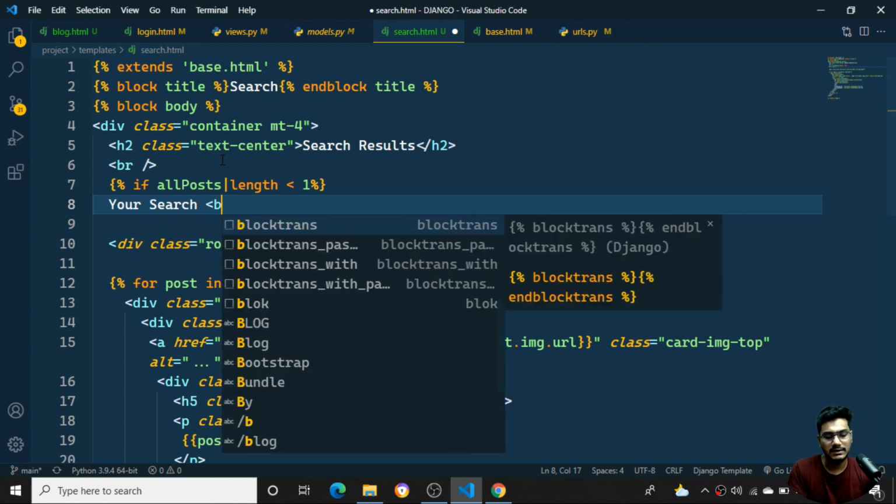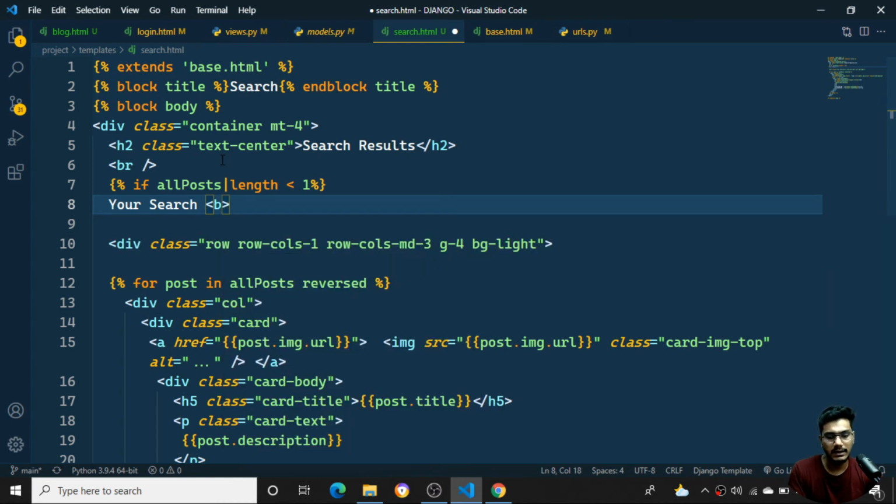So whatever the query is, it will be coming here, so I'll put it into the query. It will be put in this particular format. I'll say query, whatever query you are getting. I want to close it in double flower brackets. I'll say your query result is not found.